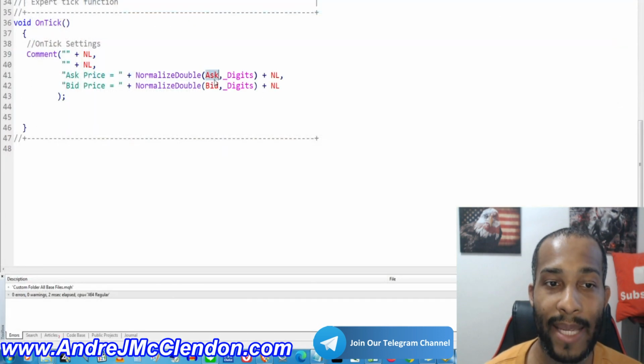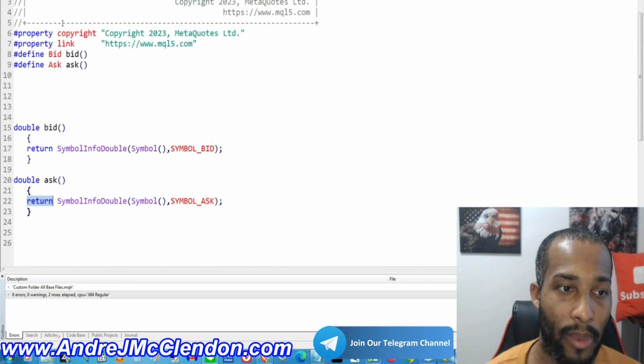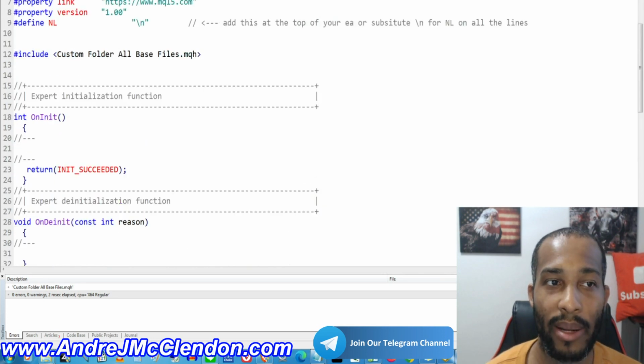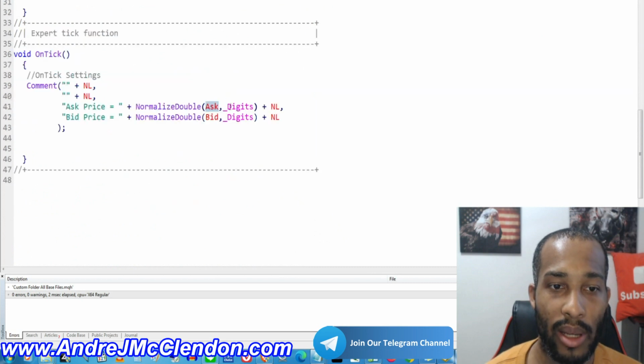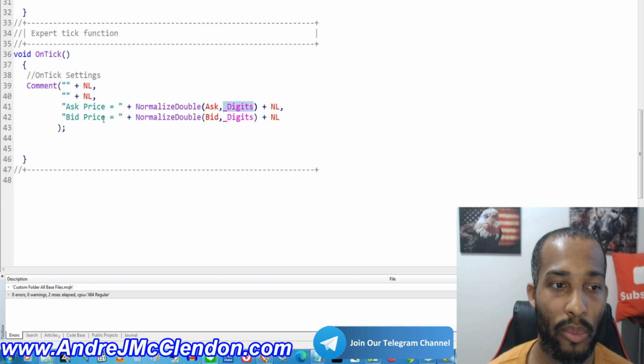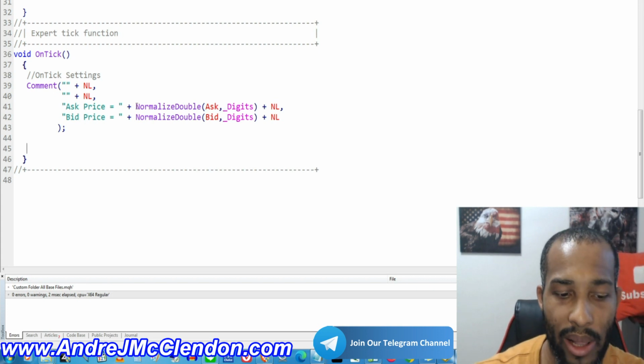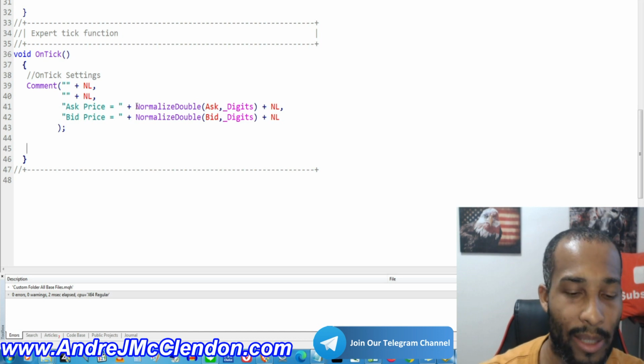We're going to use the ask price that we created over here. Back here, okay? See? The ask, just like we did in MetaTrader 4. We're going to use digits to cut off the amount we need. And it's going to be 5 based on the currency pair. We're going to do NL to push it down a line. And we're doing comment. And also do bid price comment. So now, when we're doing this stuff, we can be like, okay, we want to do, actually before that, let's